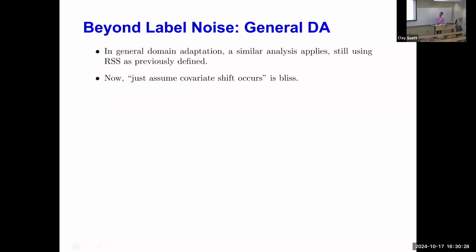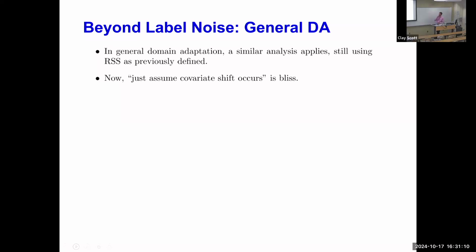Let me just say very briefly, I focused on posterior drift, but this technique based on relative signal strength actually can be used to study domain adaptation in general. Domain adaptation without any assumptions relating source and target distribution, other than the relative signal strength is at least kappa with probability 1 minus epsilon. And you can get the same types of upper and lower bounds, and the conclusion that you draw in that case is not